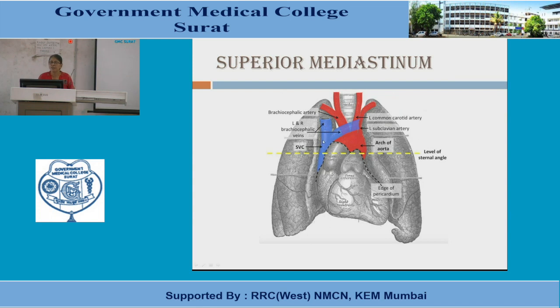So two brachiocephalic vein and upper part of the superior vena cava. And this is arch of aorta. ये ascending aorta है, वो भी middle mediastinum में आएगा. This is arch of aorta, which is in the superior mediastinum. This is brachiocephalic artery, left common carotid, and left subclavian. So in this diagram, not all the structures of superior mediastinum are shown, but mainly the veins, arteries, and even you can see the trachea here is the content of superior mediastinum.